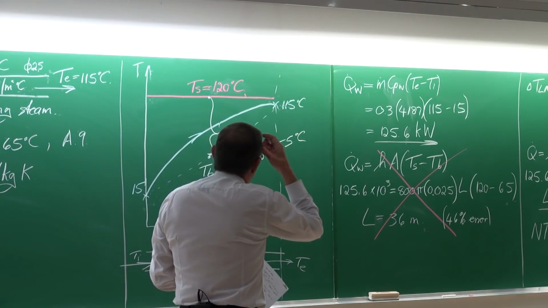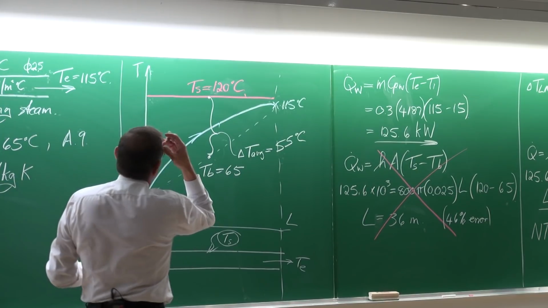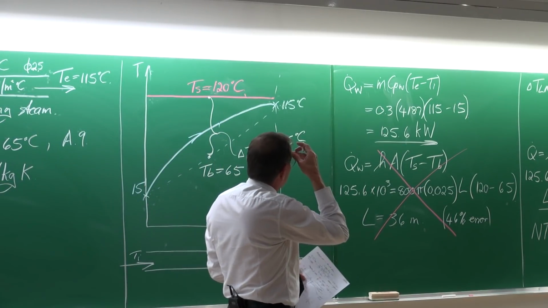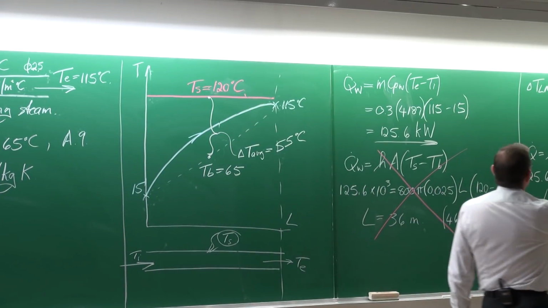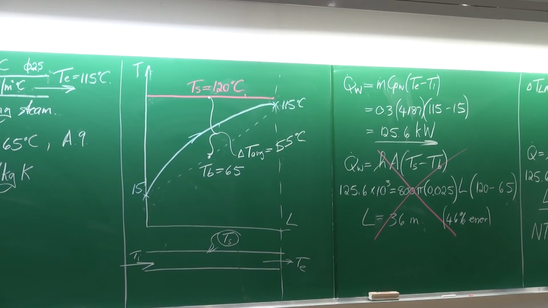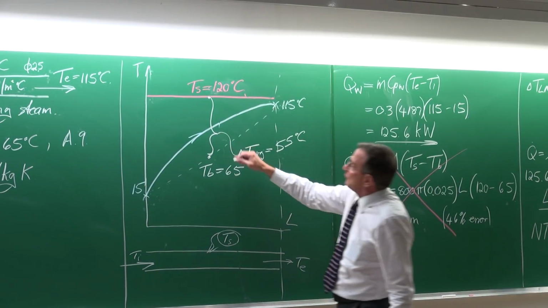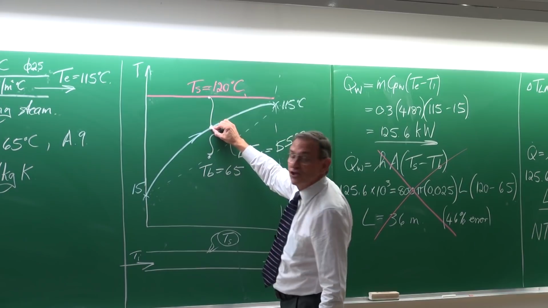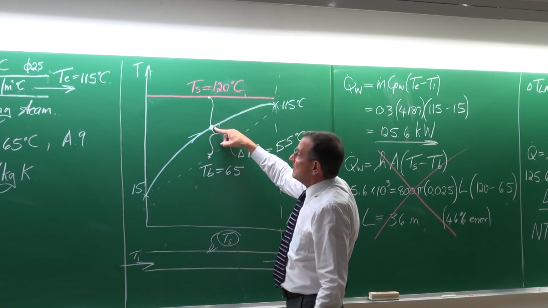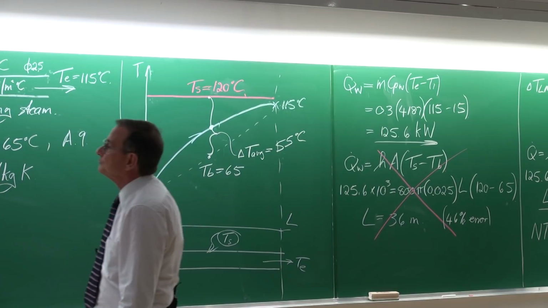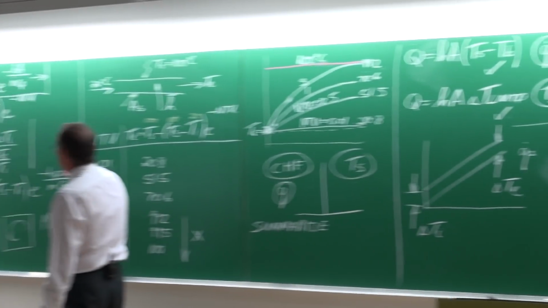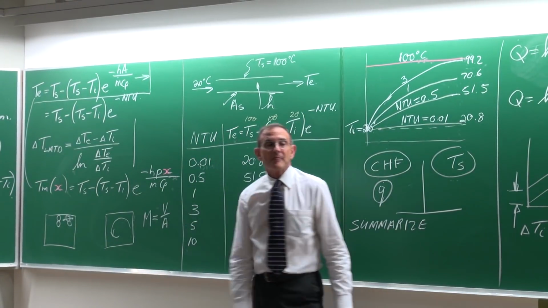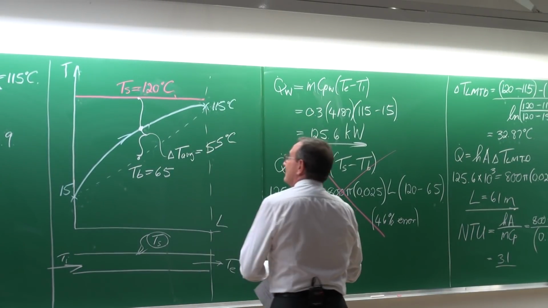Well, you would like to say that the LMTD that I've calculated, that temperature difference should be 32.87. So therefore, it should be that temperature, but it is not that temperature. That temperature you can calculate with this equation of the NTUs. You can go and calculate it with this. The LMTD is telling us that